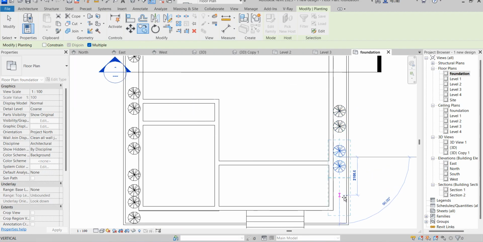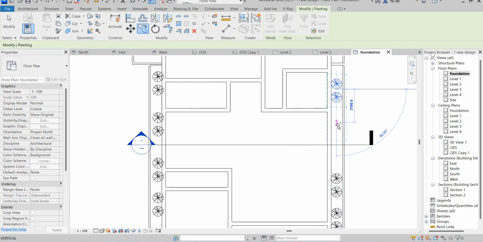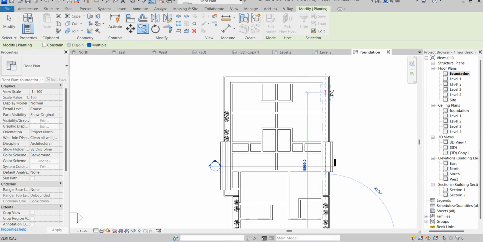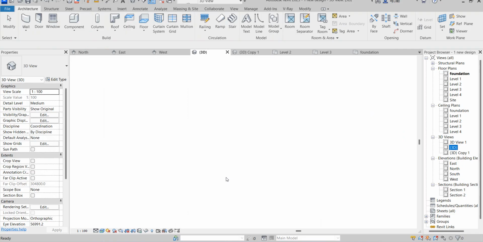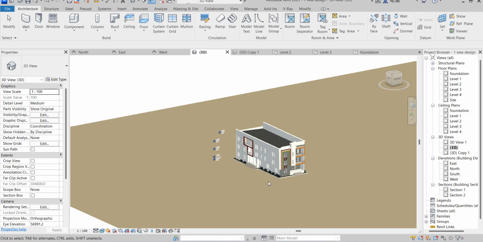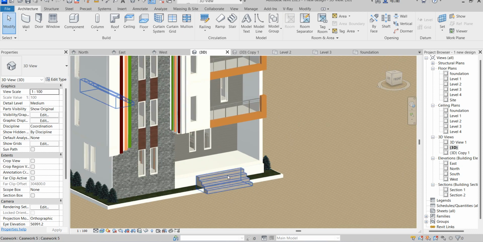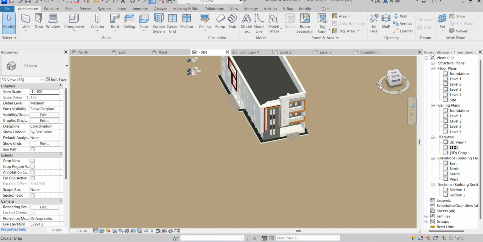So once you have done with this, do the same thing again, all of them. Now you can go to 3D and see what you have created. This is part of the process of adjusting the elevation. So this is it. You have this in place, and then whatever else you need to do, you just